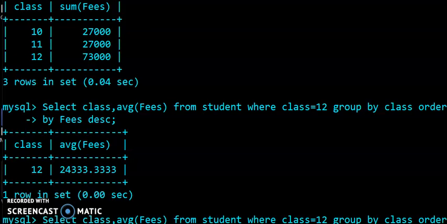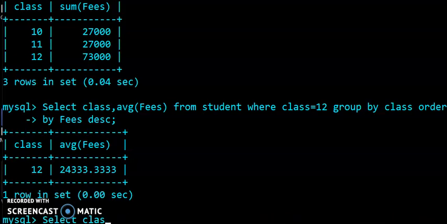Now after that we have to use the group by command with the having clause. So what do we have to write for that?